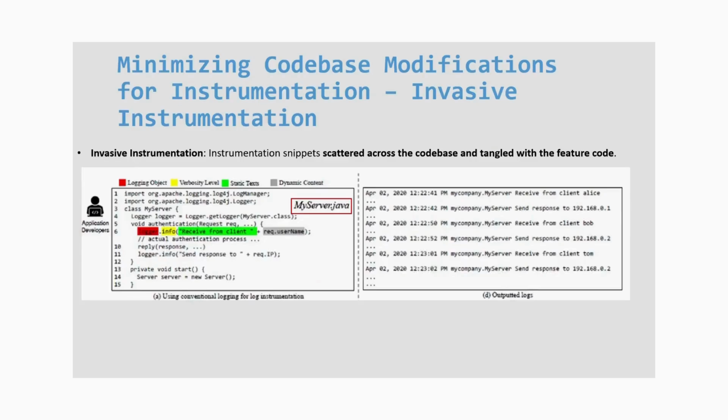So traditional instrumentation for continuous quality assessment is often invasive as it involves manually inserting code snippets throughout the application, as we can see over here, for instance. So this approach, although effective for data collection, can lead to code tangling and makes the application difficult to maintain as it evolves. So every time the application is updated, these scattered instrumentation snippets may require manual adjustments, which increases the risk of